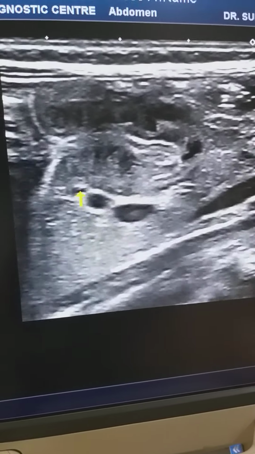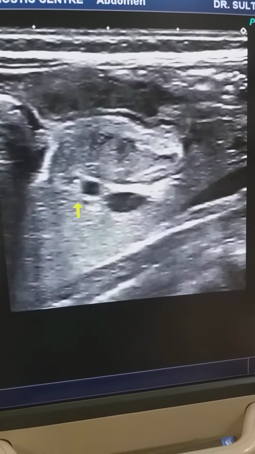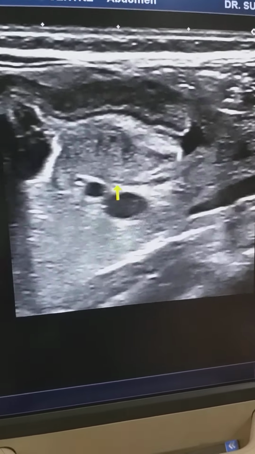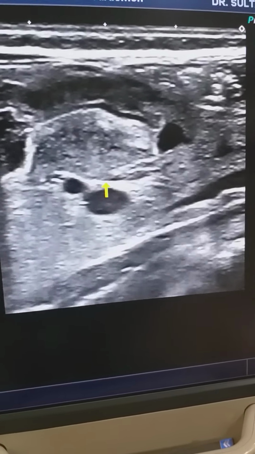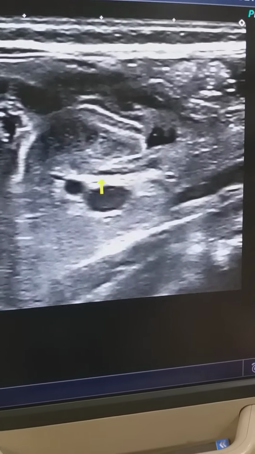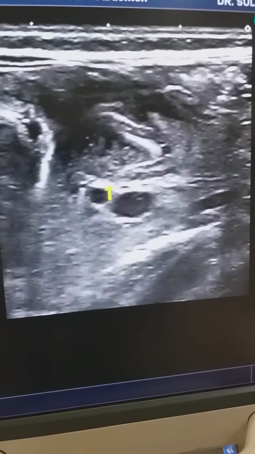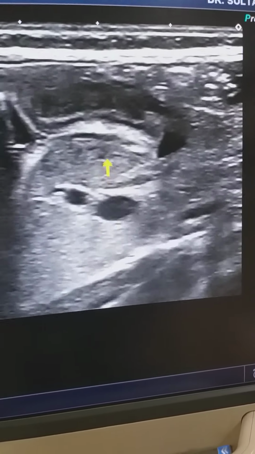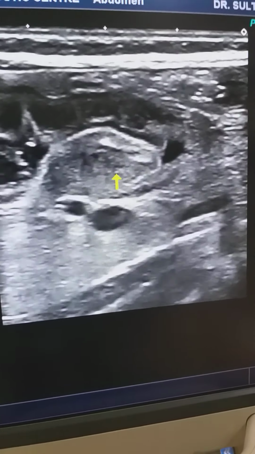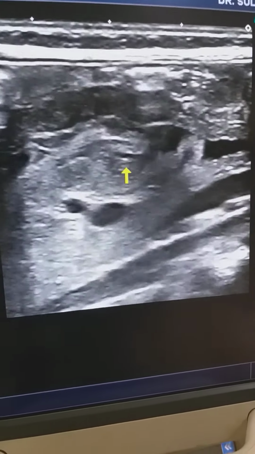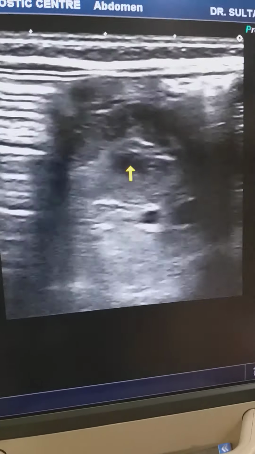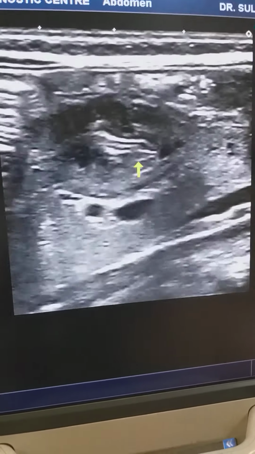This was the typical case of hypertrophic pyloric stenosis, and ultrasound is the best modality for the diagnosis of such cases, as we can see it in real time, and it is also non-ionizing, so it does not cause harm, and it has almost 100% sensitivity for diagnosis of this pathology. Thank you very much.